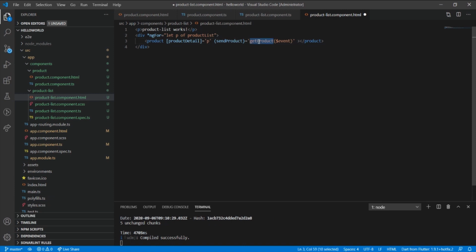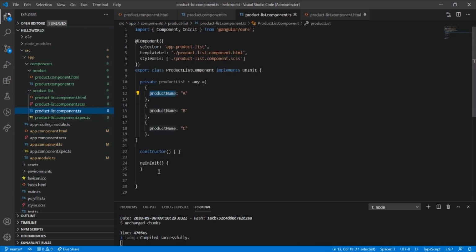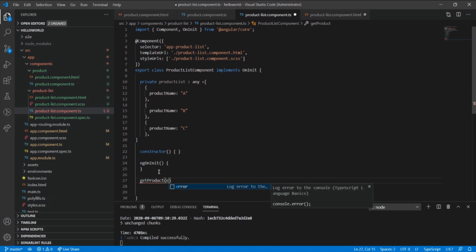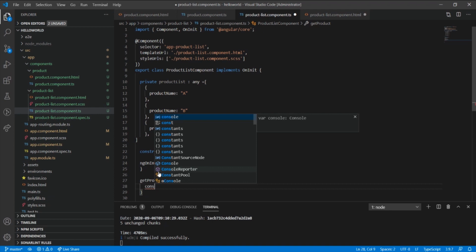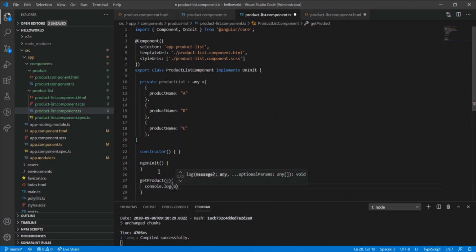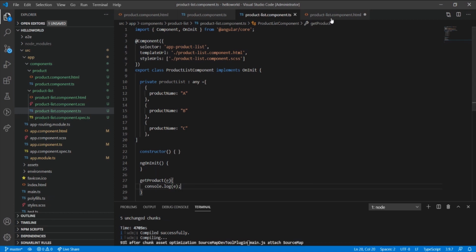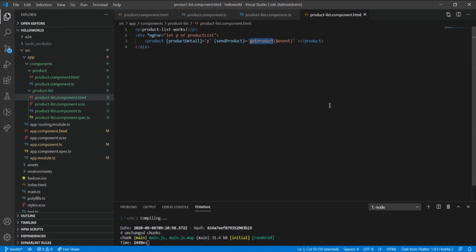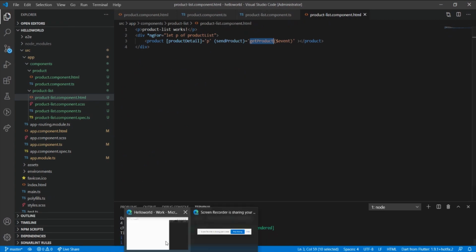And we have to declare the event get product in the product list. So here what I am doing, I'm getting my product. I'm again using console.log and checking whether I'm getting the selected product in the product list or not, which is the parent component.